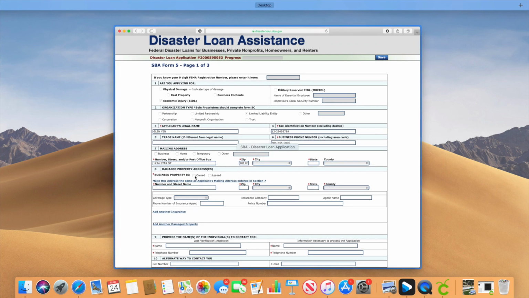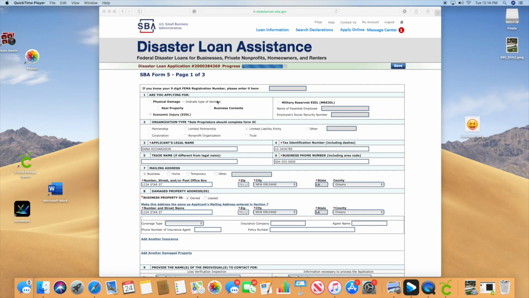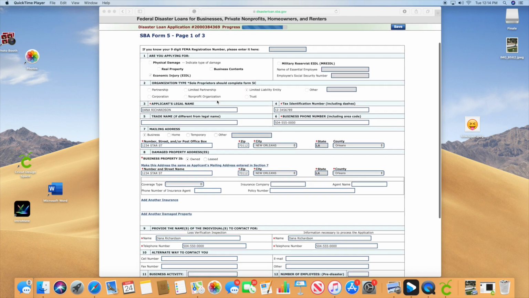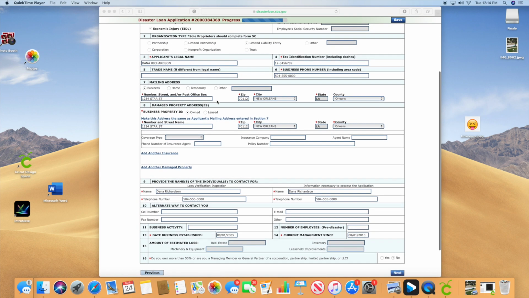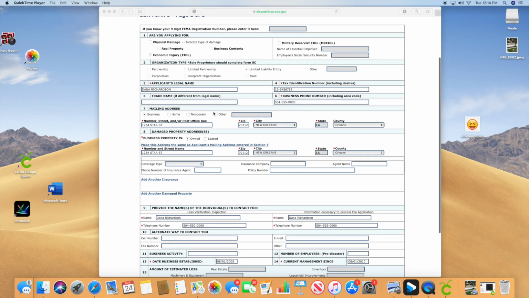It's going to take a while to do that, but let's do the damaged property. Remember, they ask you for a damaged property, even though you may not have an actual storefront. They want this damaged property because they want to make sure that you are actually in the area where the disaster happened. For the coronavirus, it's all over the U.S., but if it was just a storm, it would be different. If you noticed, I changed the information a little bit because I didn't want to have to type all that information in. But remember, which form you get is all going to be based on what you put here.